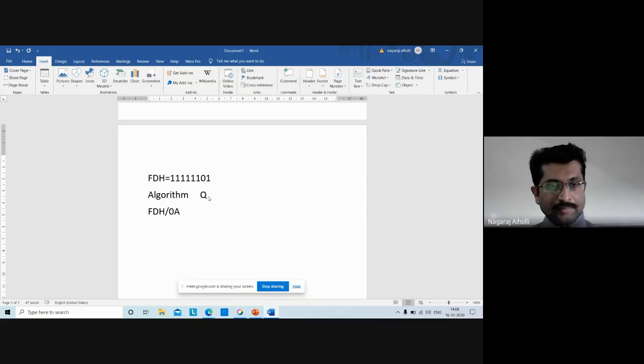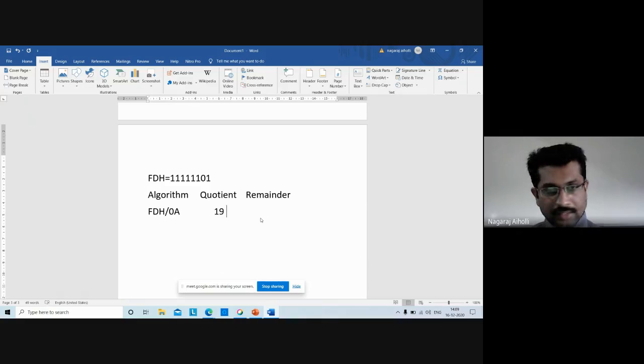Divide FD by 0A. We have already done this in previous classes; it is just a repetition. We check the quotient and the remainder. The quotient is 19, and the remainder is